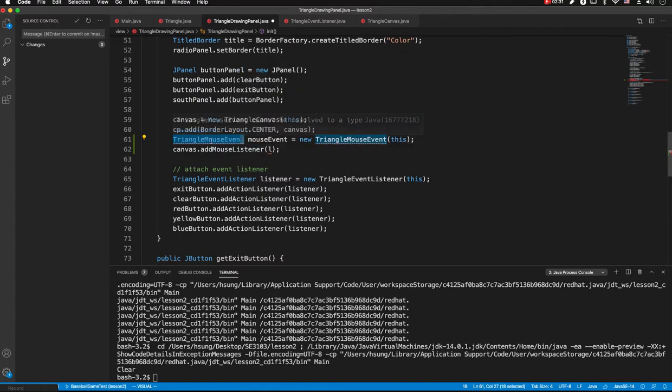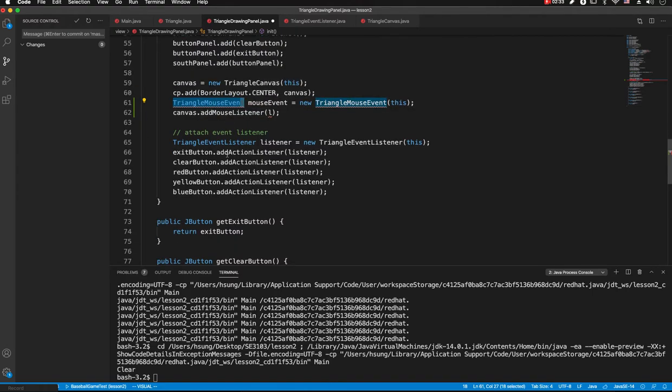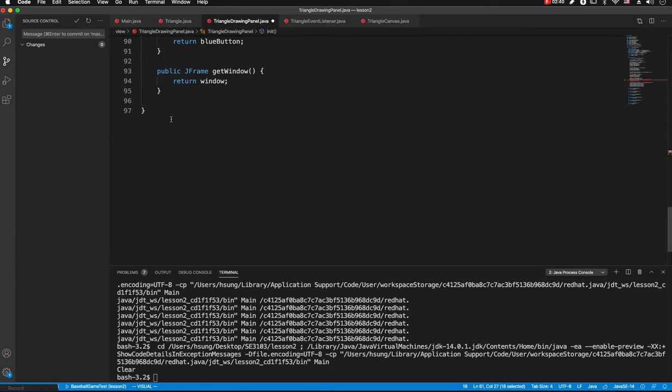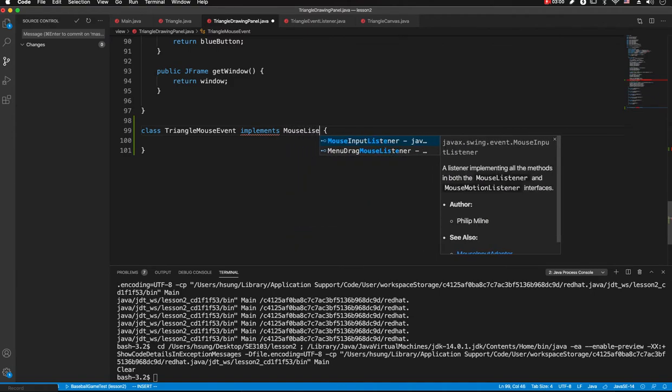Since this is not the one we are going to really use, just to show how this works, let me define it as another class in the same file, the triangle mouse event class. To be a mouse event listener, it should implement the mouse listener